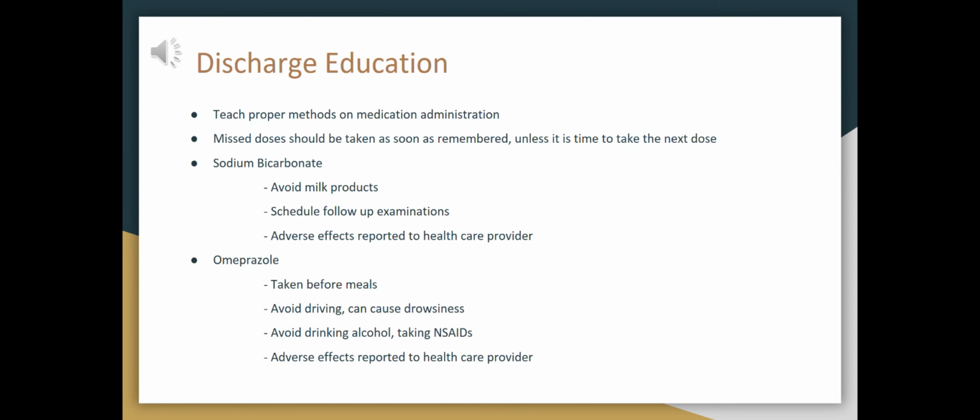If indigestion is accompanied by chest pain, difficulty breathing, diaphoresis, dark and tarry stools, then the patient should notify their healthcare provider immediately. Omeprazole capsules are taken before a meal, preferably in the morning. The medication should be taken for the full course of therapy, regardless of a change in symptoms. If a dose is missed, it should be taken as soon as possible, unless it is almost time for the